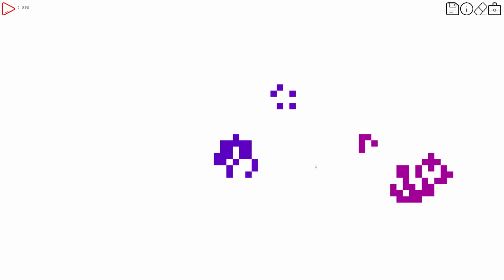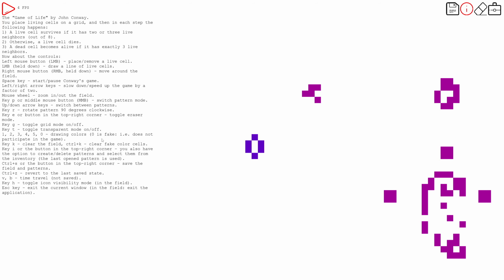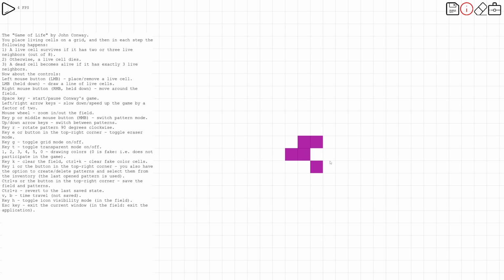We can get this information by pressing the F1 button on your keyboard, or you can use the icon. So the rules are on the left, and we can pause the game and read it. A live cell survives if it has 2 or 3 live neighbors. What do we mean by neighbors? It's about